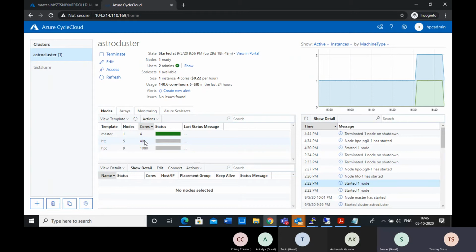Keep in mind that every HPC node is 120 cores. For example, I gave a job on one core, but it started a machine which had 120 cores. Why? Because I gave the HPC partition. And if I just needed 8 cores, then I should have started the HTC machine.